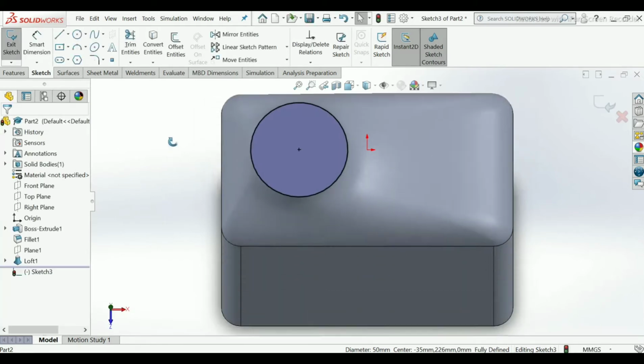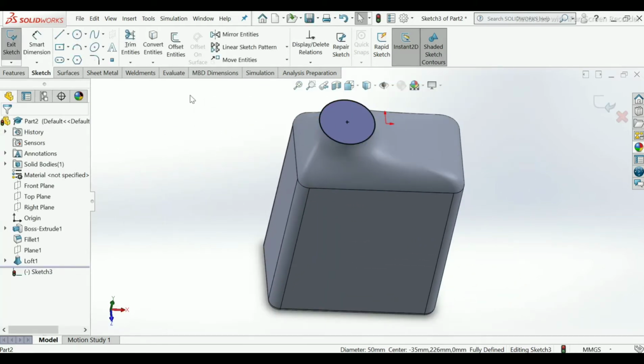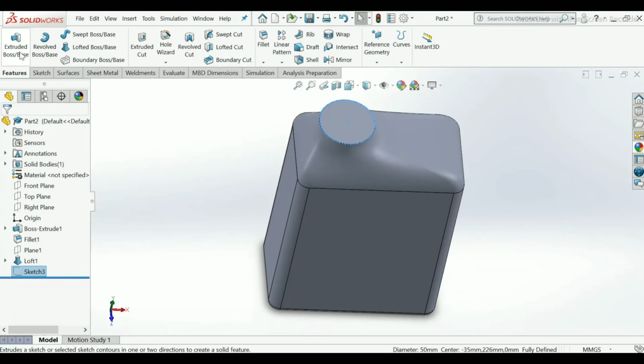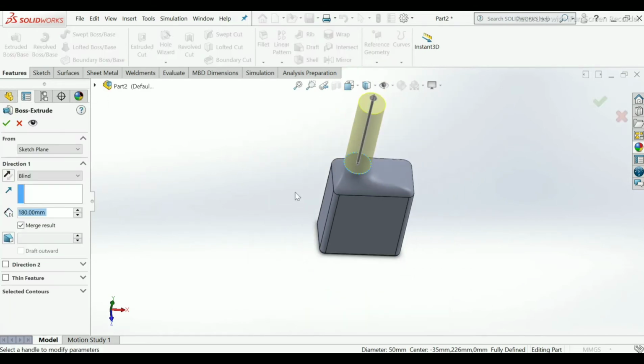OK. Exit. Choose extrude boss. It will be for 20 mm height. OK.